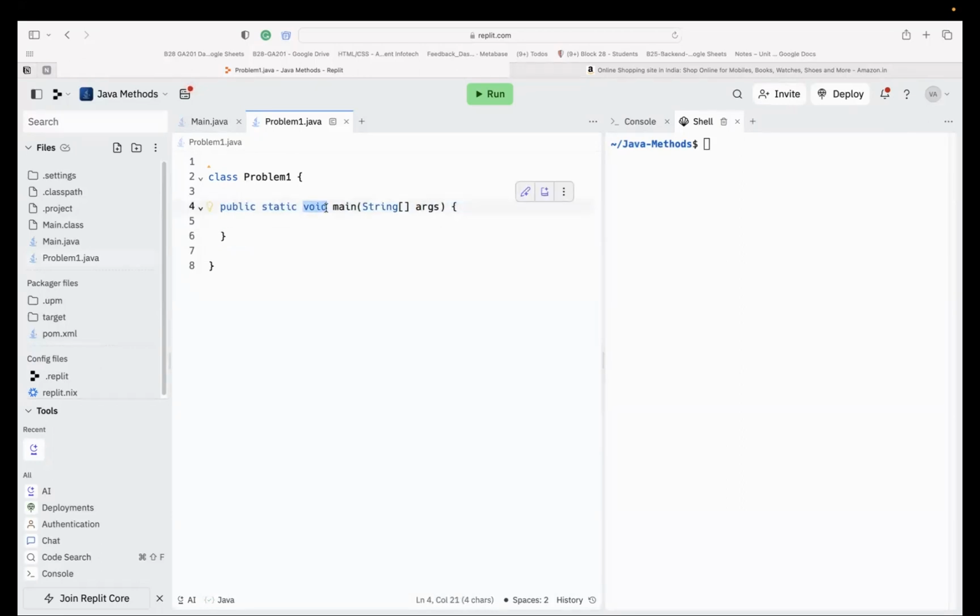So right now, you just need to remember one thing: it is returning nothing. Now, this is a main function. This is the name of the function. And then this is actually known as parameters. We will also see the parameter part. But right now, the main part here is when we are writing public static void main string args, this is